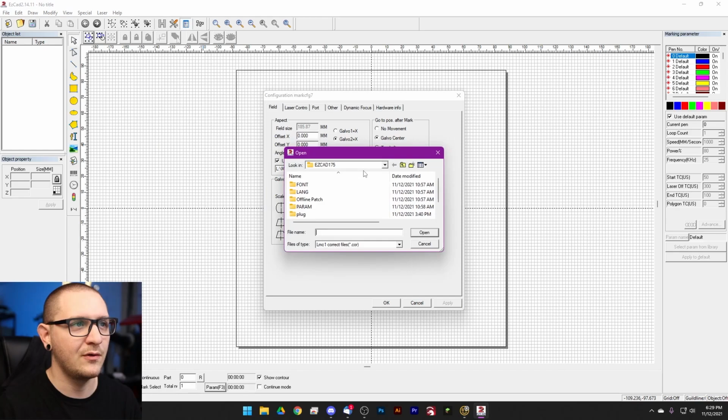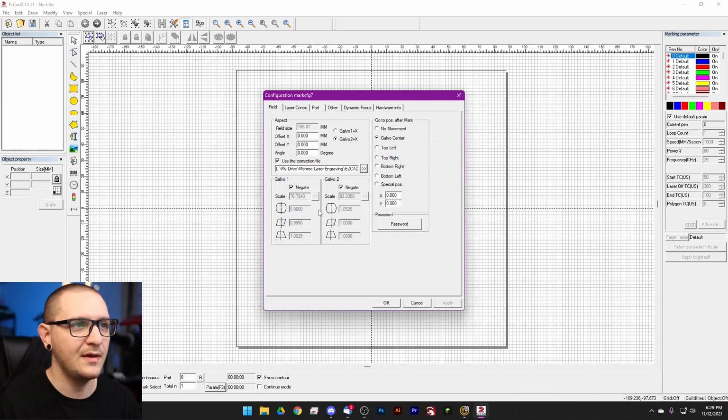Click the little arrows here to open Windows Explorer. If this doesn't open to your Ezcad folder, open to your Ezcad folder, and just scroll down until you find your core file. There it is, 175f.core. And we'll hit open. And that's it. You'll see it grays out all of these values because it's making the corrections for us based